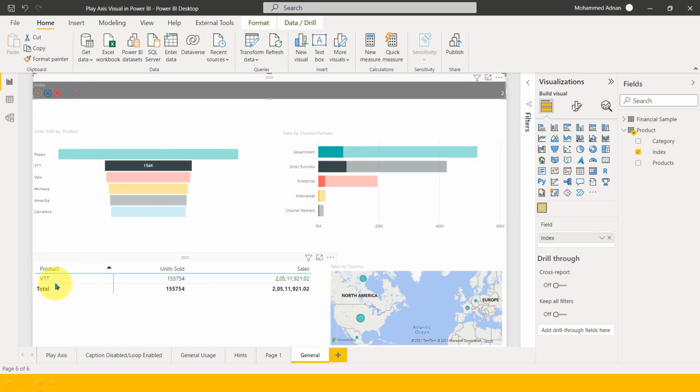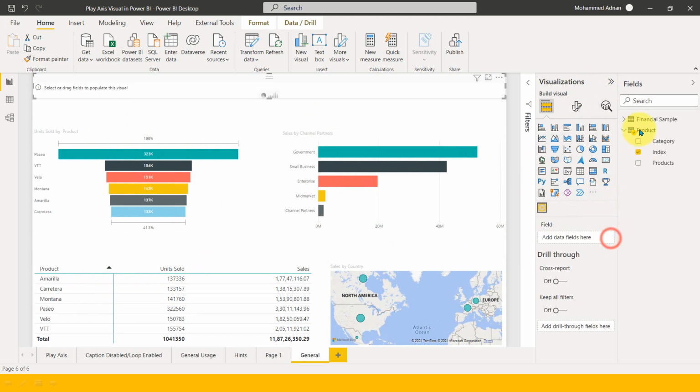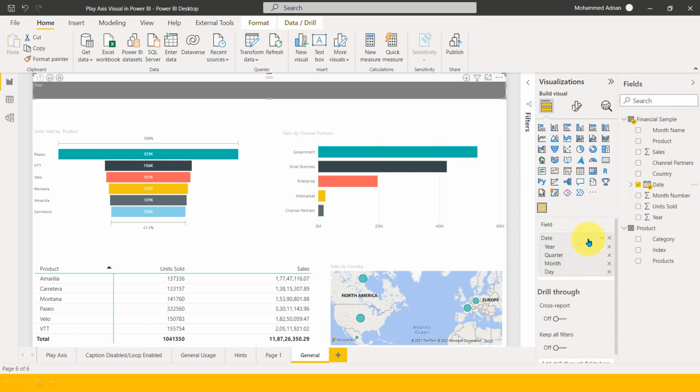Yes, it is filtering one by one because the category is 2 and index is 1 by 1 item. So it is filtering one by one. Okay, this is cool. And now let's finally have a look into the date column. Yeah, I have this date here. If I drag and drop date column here, it says year, month, quarter and date. Actually, I just need this to be regular date itself.